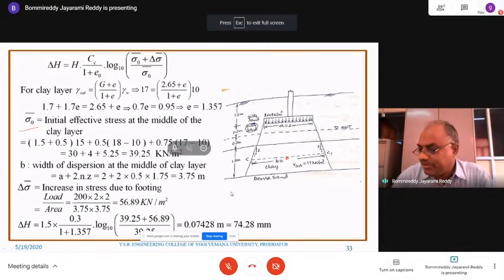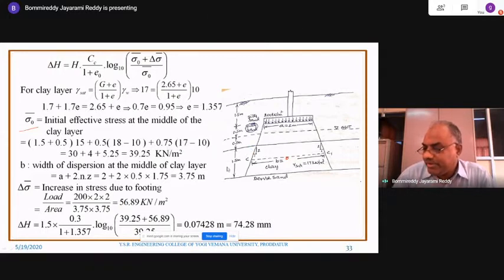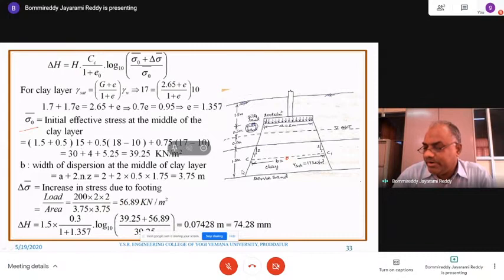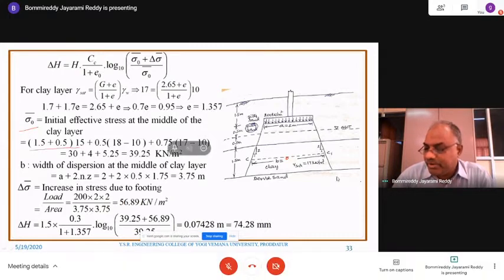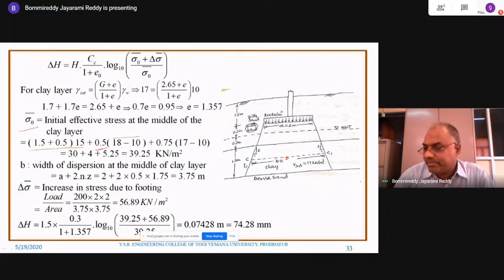First, 1.5 meter and another 0.5 meter is dry, so multiply by dry density: gamma into H. Gamma is 15, H is 2 meters. And the saturated height is 0.5 meter, multiplied by saturated unit weight 18 minus 10, plus